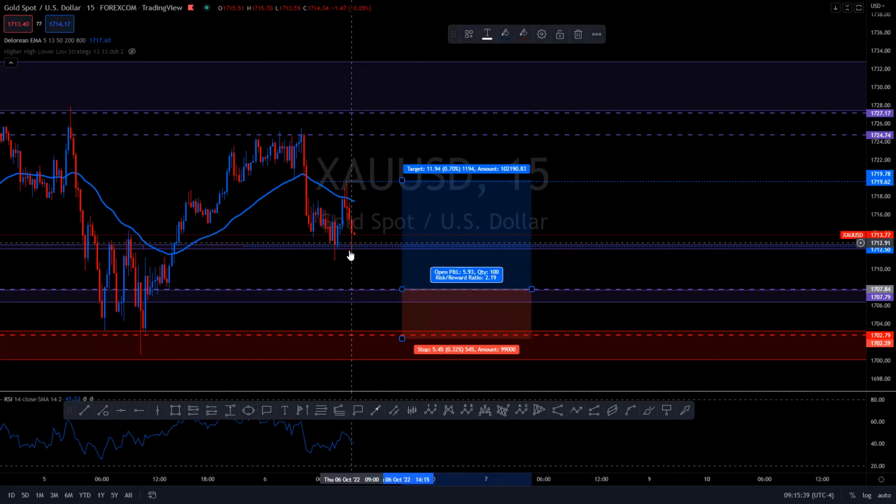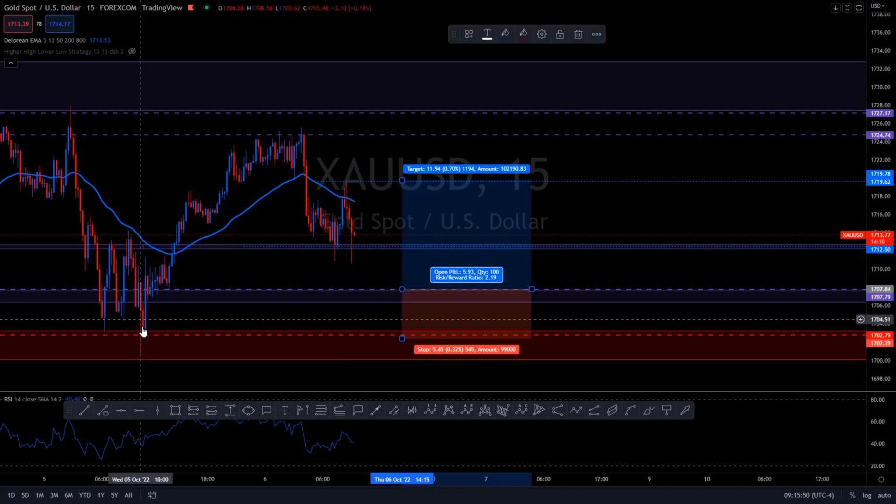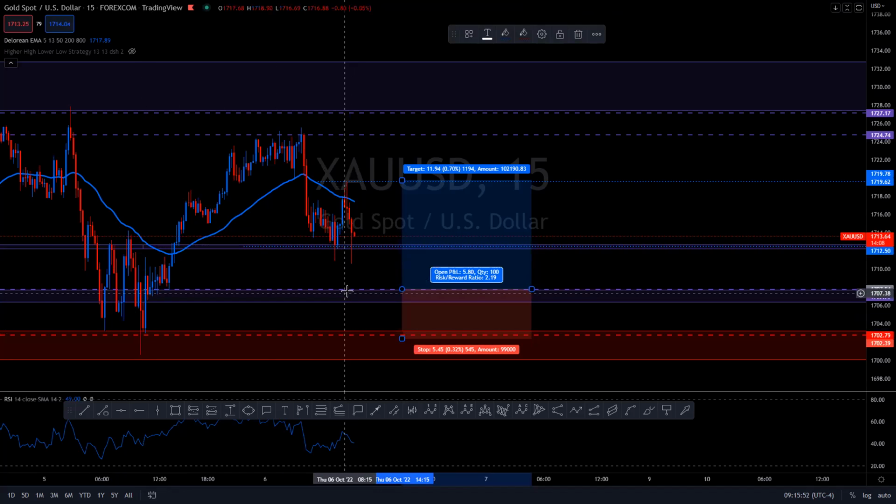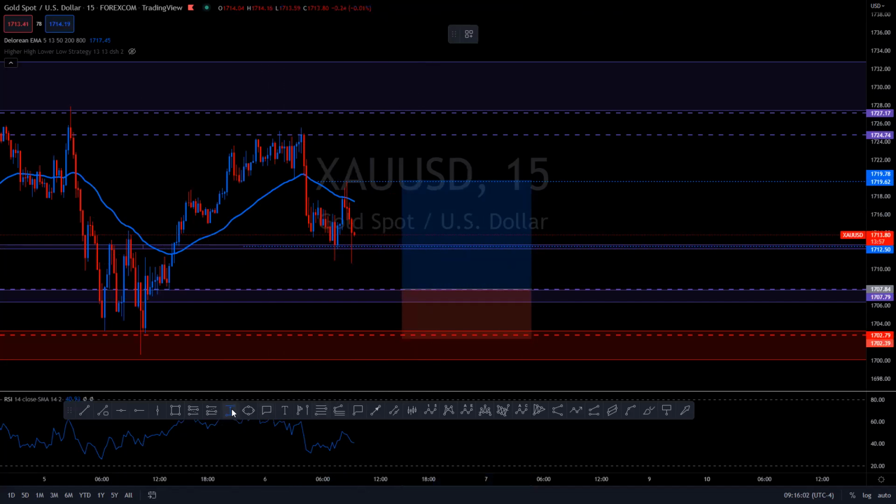Something tells me that price is probably going to break this structure, come down and swing down here and then go back up. Now, if it swings all the way down here, I might take a sell, but I think that price is overall bullish. It's going to come down and swing to this zone and then push up. But we'll see if this zone holds and push price up to this point. So we'll see at the 9:30 bell.